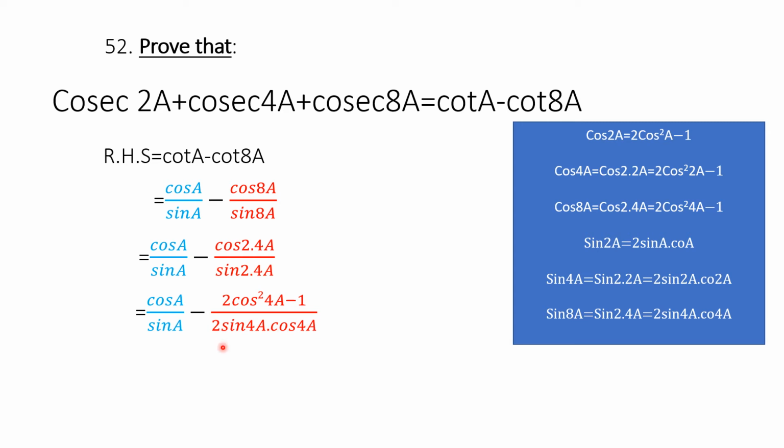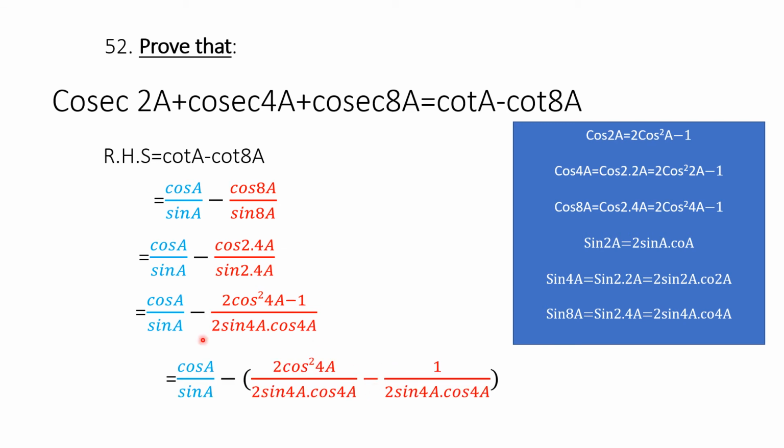Now we will split LCM. Splitting of LCM is clear to you. Is this clear? Okay. Now after this, let's do some simplification. Here is 2 and here is 2. They can cancel out each other. Here is cos 4a and here is also cos 4a. So we can cancel square and cos 4a. Is this clear? So in the next page, I will copy this line again to avoid confusion.